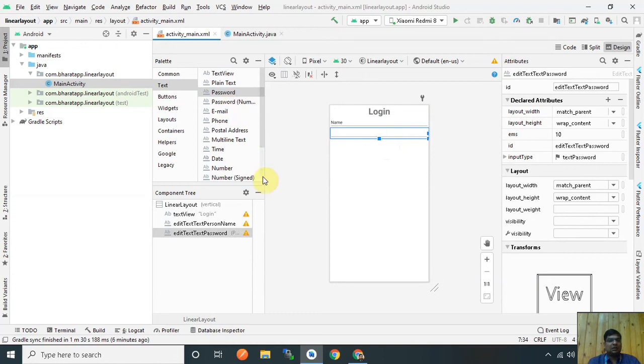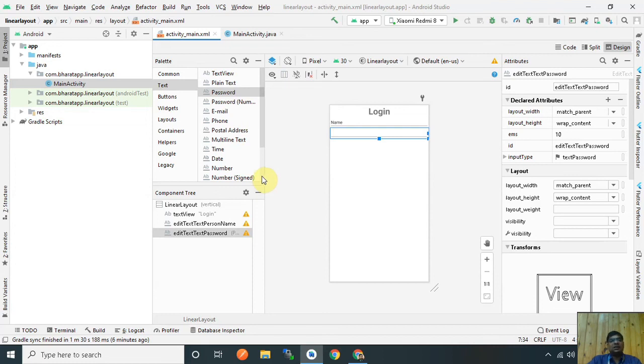Password means when you type any text or number in this edit text, it is converted into dots automatically. You know when you type a password in any app, that password is not visible. It is converted into stars or dots, or some form like that. So this edit text has the property that converts all the text into dots automatically.